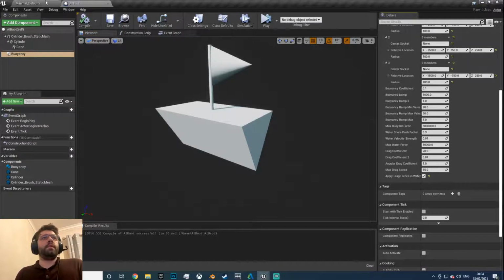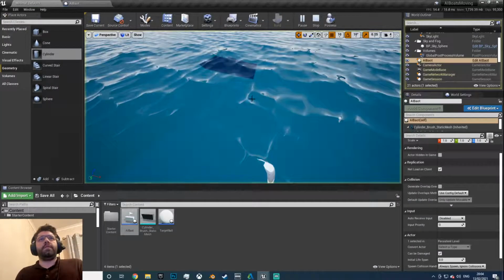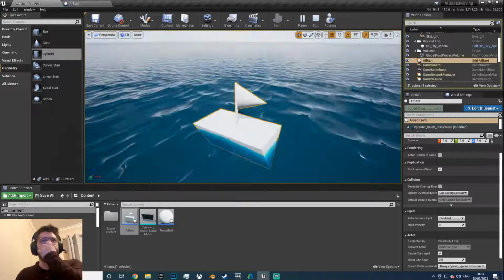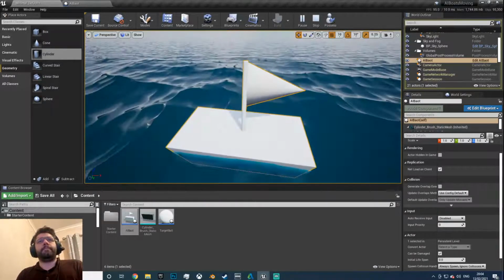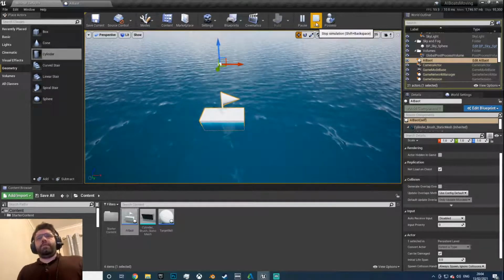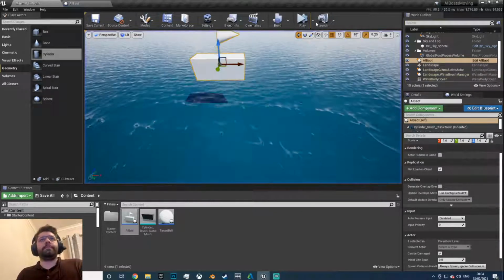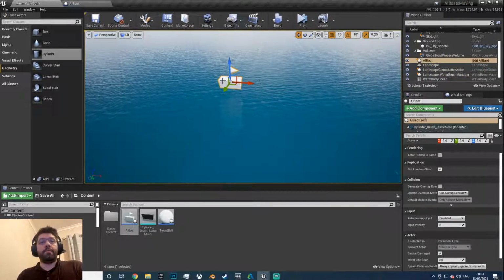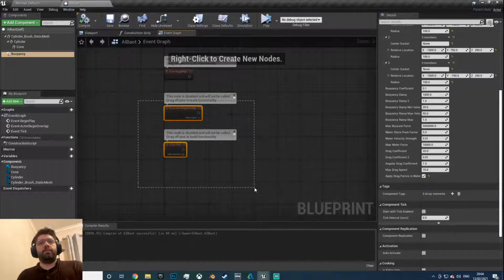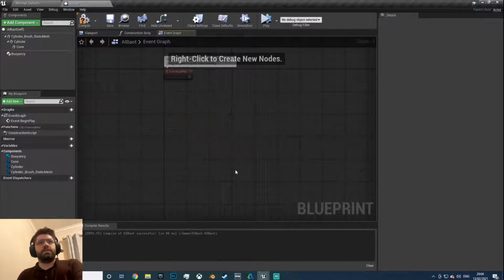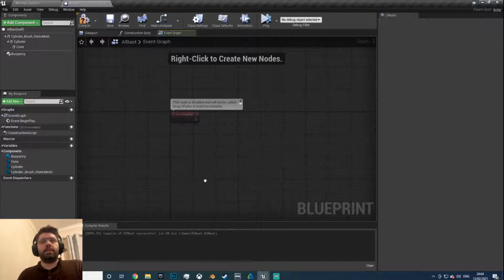Okay. Now, if we simulate, wait for them to drop in. That's better. Much better, much lovelier. Okay, so now the way we want to move these about. Event graph. Don't want to use the tick because that slows everything down. You can do that, but I had it before and I was trying to record this earlier today, and because I had everything on a tick, it was just like 2 frames a second. So what we're going to do